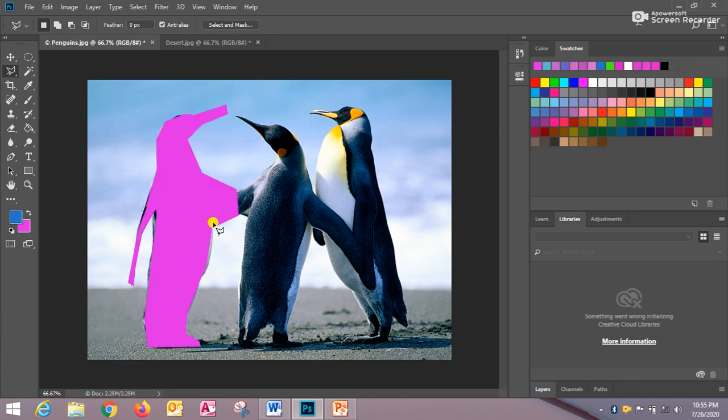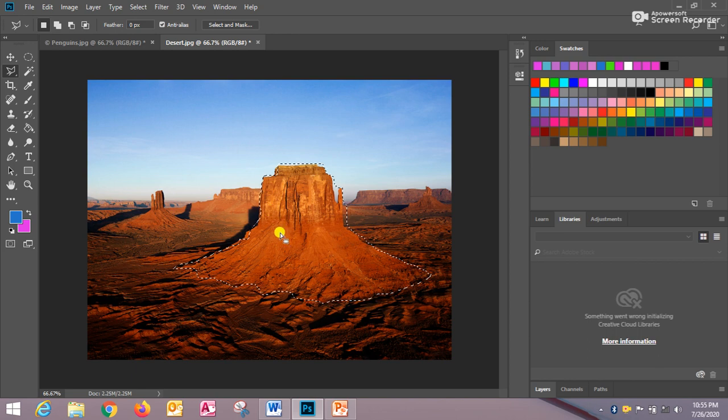Now I am pressing the Ctrl plus X key combination. This is the difference between the lasso tool and the polygon lasso tool. The outline of this object is made up of straight segments. Just have a look. This is the use of the polygon lasso tool. This part is selected using the polygon lasso tool and this part is selected using the lasso tool. Right students?